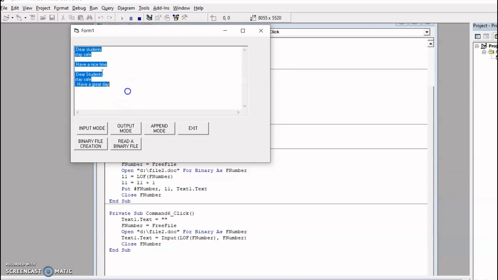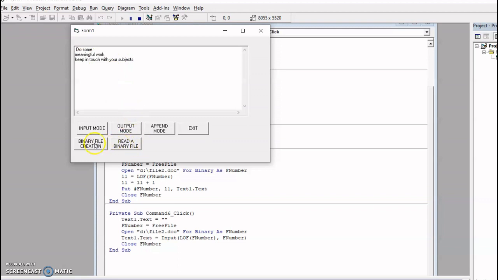Just let me show you the next execution by giving some more lines. These 3 lines I newly entered.